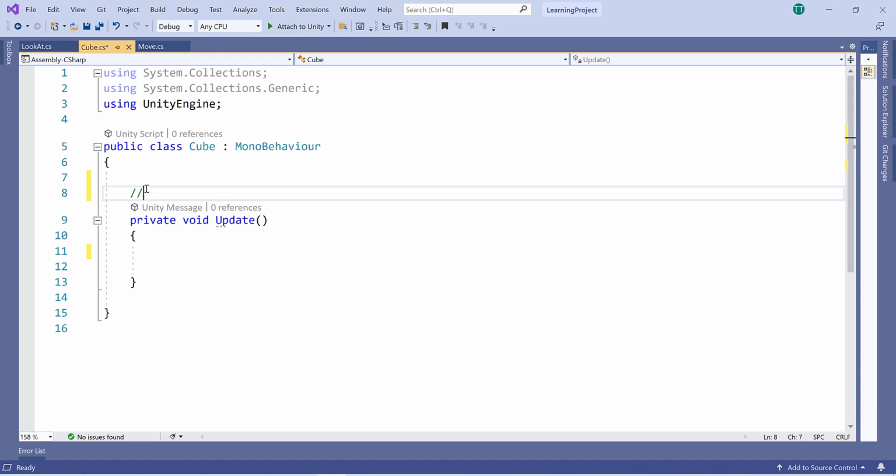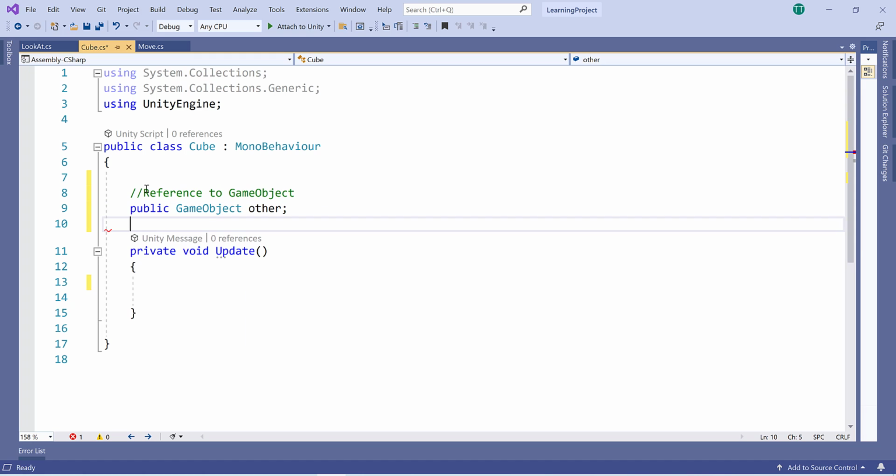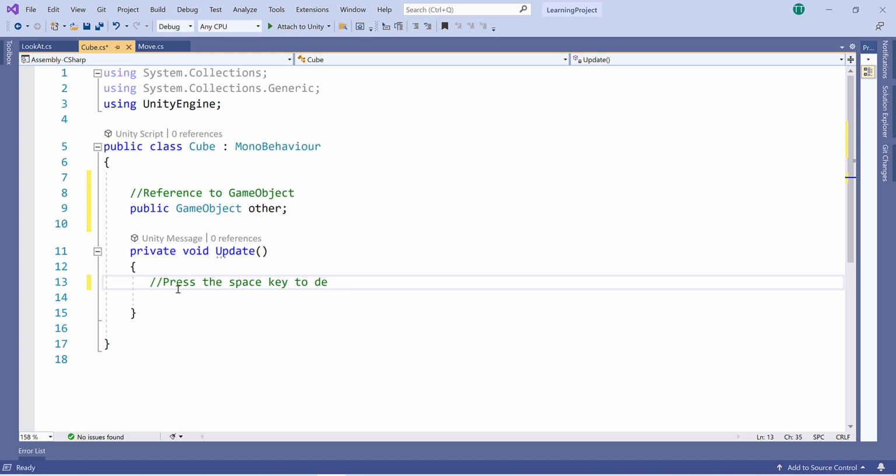So we will declare a reference to a game object here, which is public GameObject other. Now when we press the spacebar key, press the space key to destroy the sphere game object,